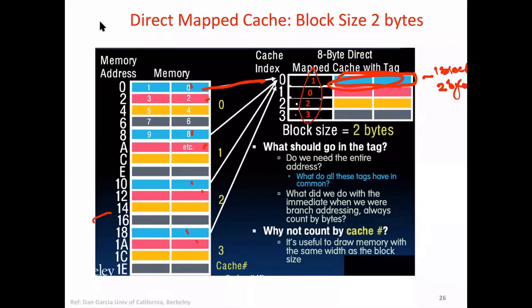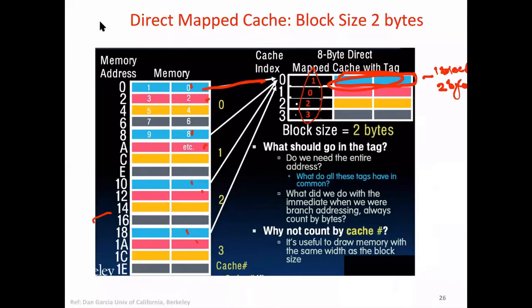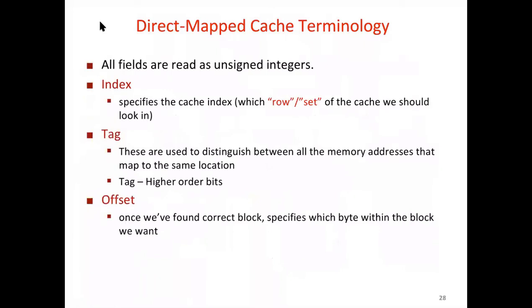It will become clear. And then within that block we are looking at the offset, because here, for example, there are 2 bytes, so we'll have to know which byte. Had it been 4, then we would require 2 bits to differentiate that. So look at this diagram and keep it in mind, and then let's move ahead with the example and it will become clear. I will come back in case there is confusion.